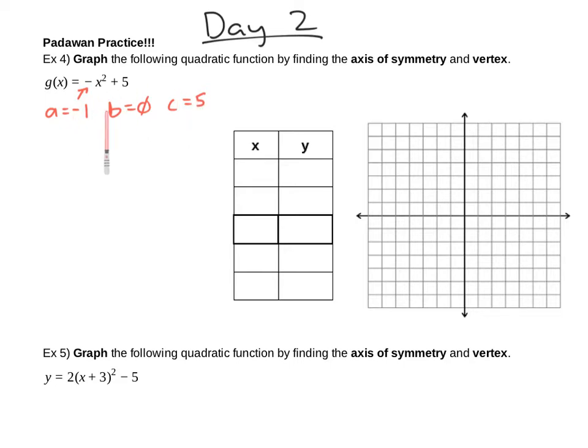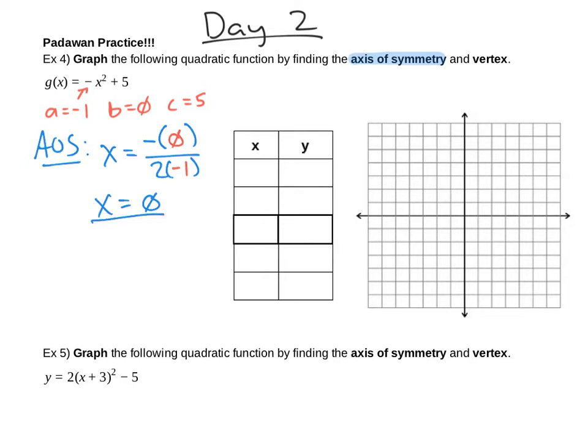All right, so now let's use A and B in our symmetry equation, AOS. So we're going to find the symmetry, or AOS is x equal to negative b divided by 2 times a. Well, our b value is 0 on top, and the opposite of 0 is still 0. And 0 divided by, doesn't matter what's down here, but it would be negative 2, would be x equals what now? 0. So there's the starting middle of our parabola. Our symmetry is x equals 0, which is also